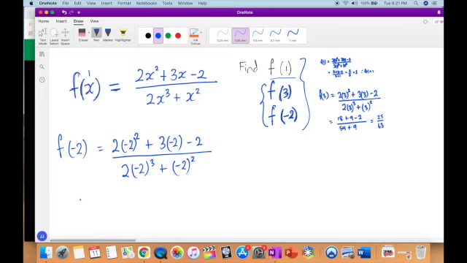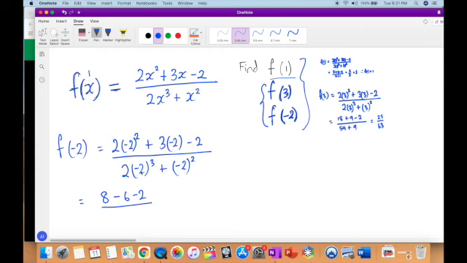So what this gives me is negative 2 squared, that is negative 2 times negative 2, 2 2s are 4, positive 4 times 2 is 8. Plus, well, I shouldn't have a plus there because this is negative 2 times 3. So 3 2s are 6, but that'll end up being minus 6, minus 2, divided by